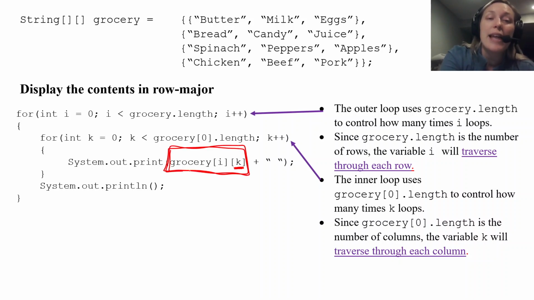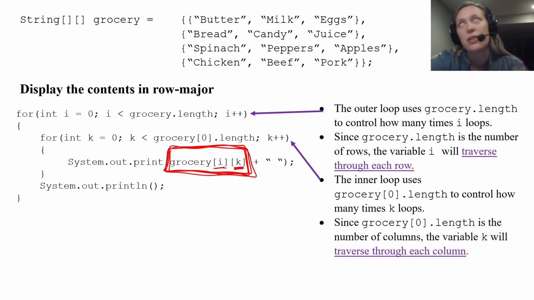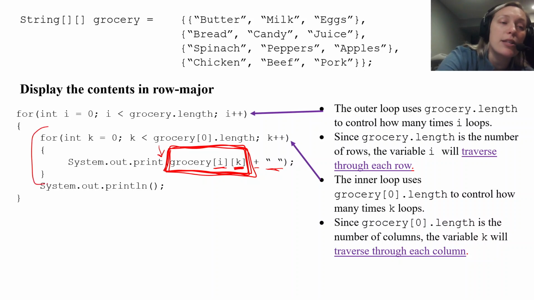So inside that loop, remember, this is going to access the element, okay? It's going to access the element at index i, comma k, index [i][k], all right? Then it's going to concatenate that with a space. And remember, this is just a print statement, okay? This is just a simple print statement here. So that element gets displayed, followed by a space, and then you're stuck inside this loop